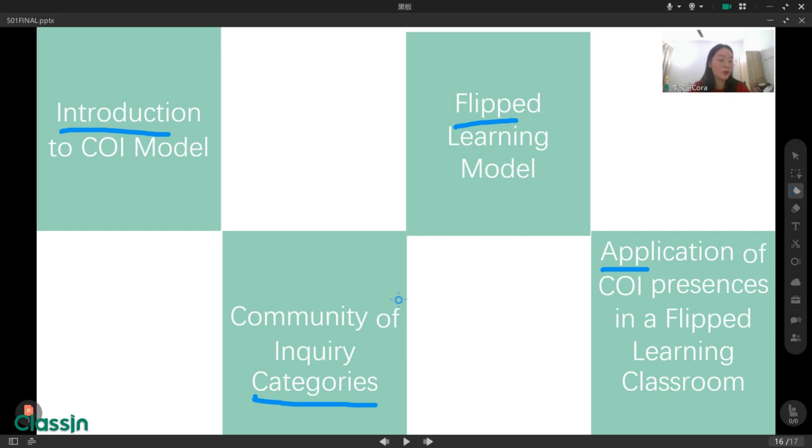We put COI and the flipped learning model together. We also put the three categories. We combine these three categories together to describe the real application method for this.